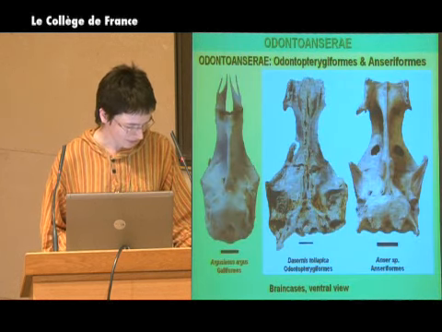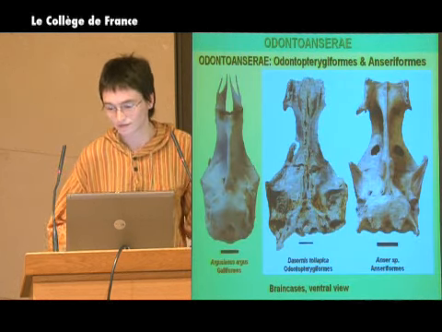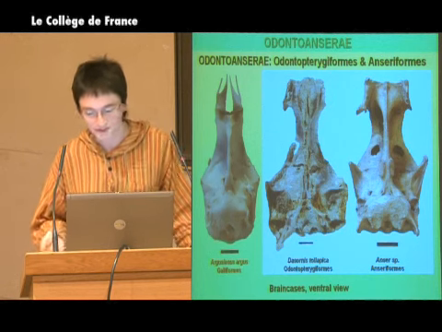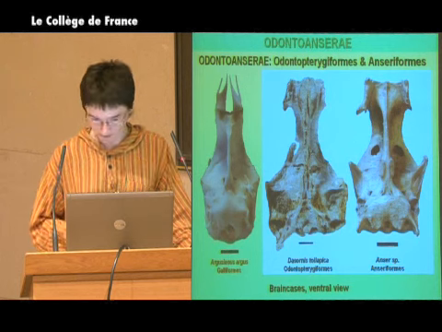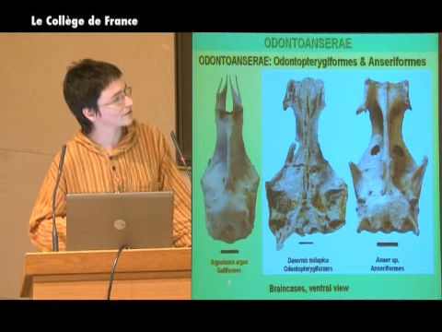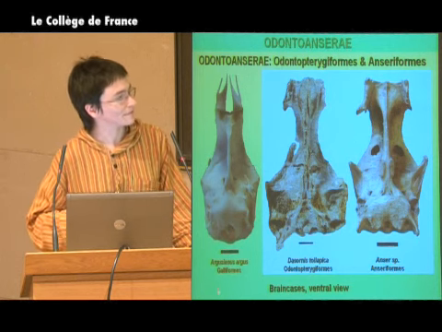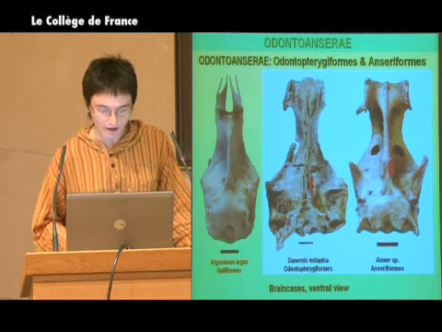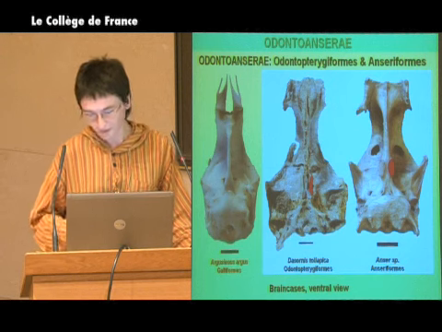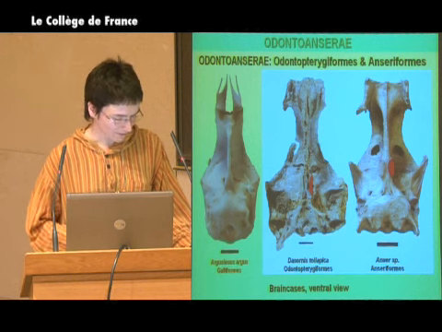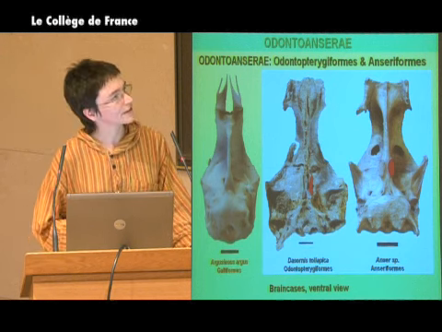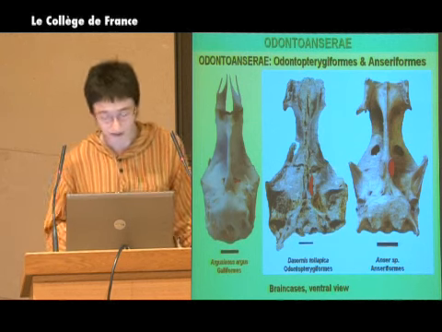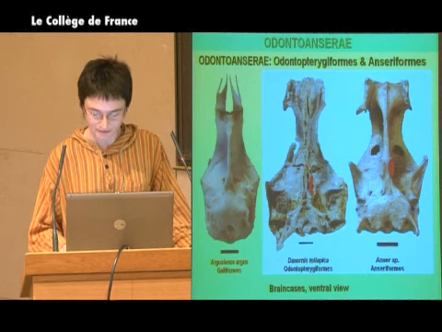So here I show a few cranial features which permit to group false-toothed birds with ducks, by comparison with galliforms, so a member of the chicken group. For example, the shape of the rostropterygoid process here has a basal support in Odontoanserae, and it's not the case for the galliforms.